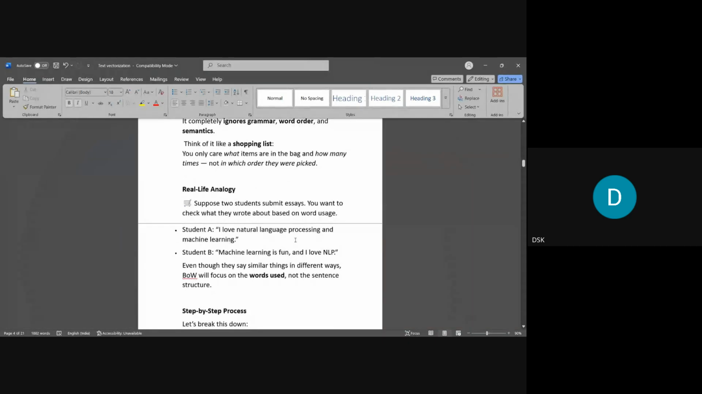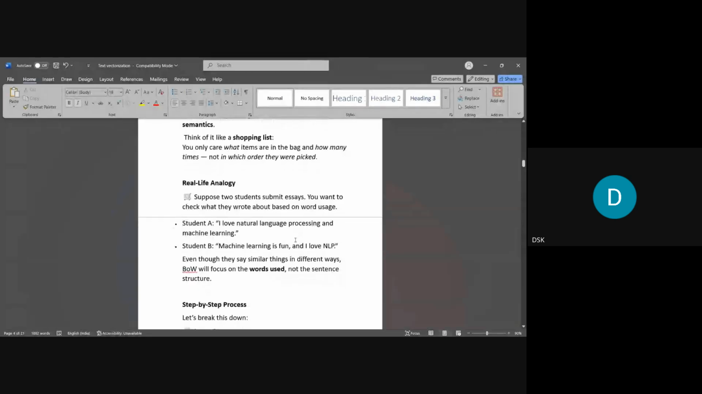So, a real life analogy for this would be, suppose two students submit essays. You want to check what they wrote about based on word usage. Student A wrote, I love natural language processing and machine learning. Student B wrote, machine learning is fun and I love NLP. Even though they say similar things in different ways, bag of words will focus on the words used,